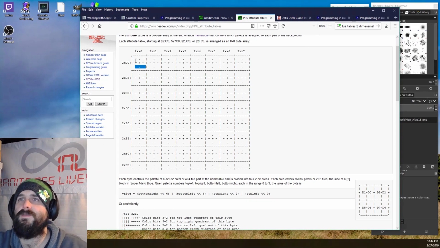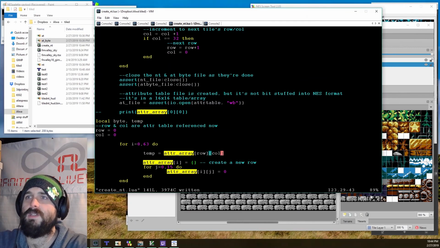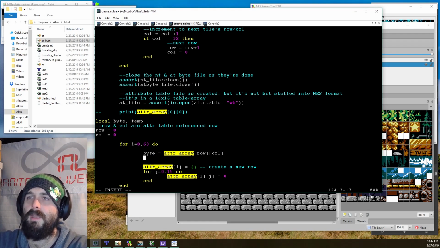So it equals this first one, which is D0 through 1, which is actually right. So we don't need to store in temp, we can store it in the byte. Okay, and then